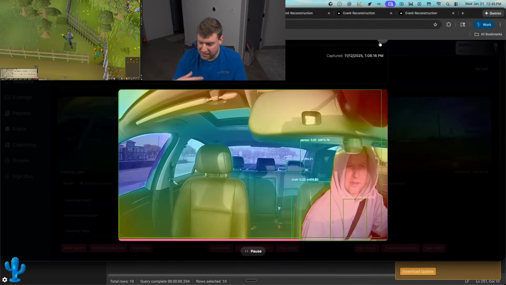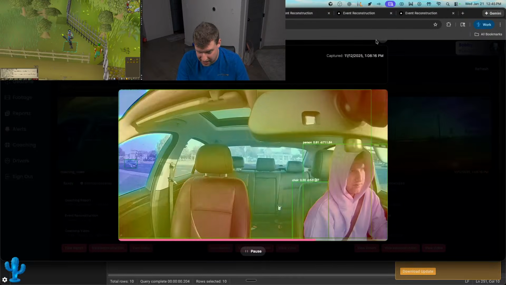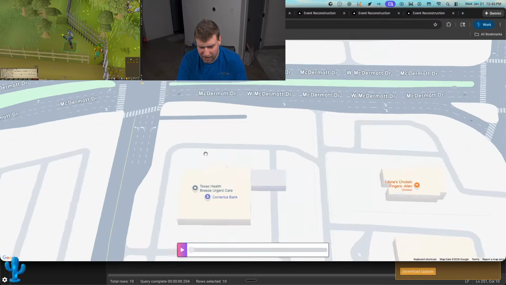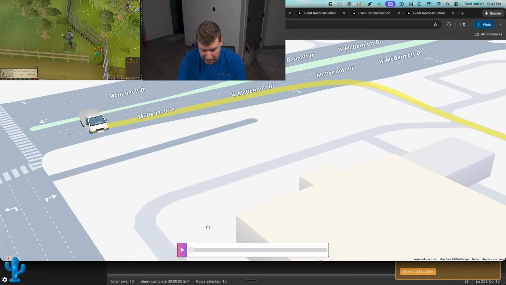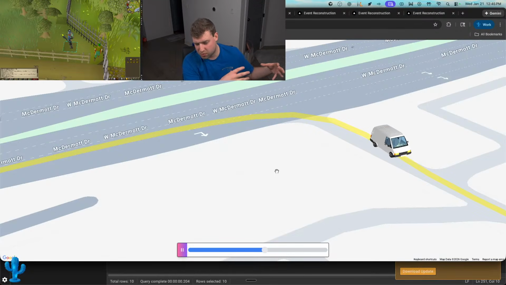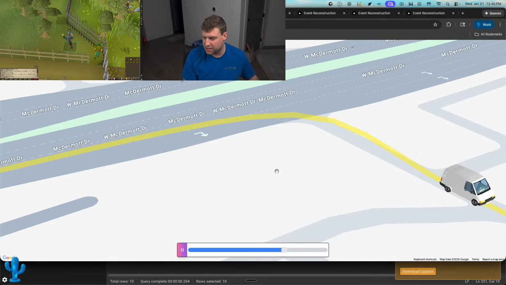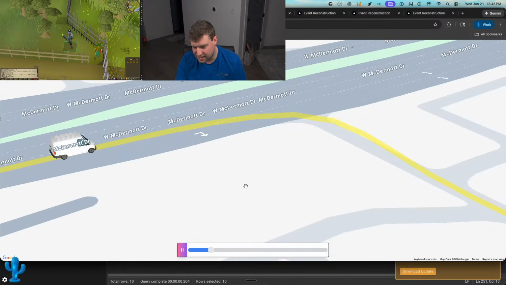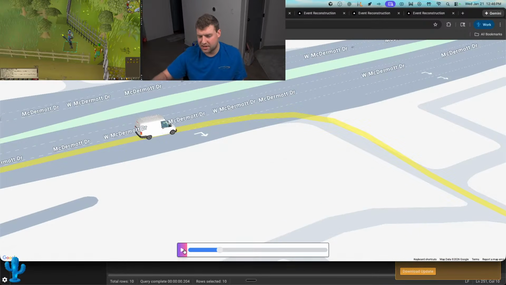So this is the analysis of the video event. And then after we do that, we build a reconstruction. So this is actually a 3D simulation of the event. Pretty cool here. The idea with this is once we start determining relevant objects, we can start putting those objects into the 3D scene. And the idea is that anyone who's managing the safety of the vehicles